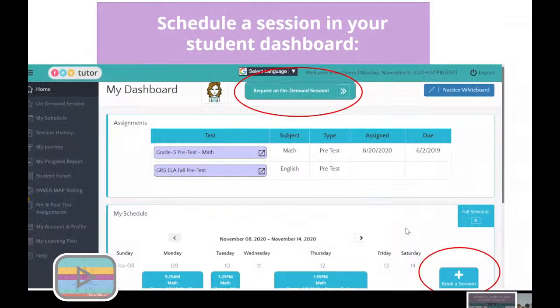And then I mentioned they're also able to go in directly to their dashboard, book a session, or request that on-demand session. So our goal is to be accessible for students and to provide these different ways that students can log on, request a session, get that on-demand support. We want to be a resource, an extra resource and support for these students who are at home and just might need some homework help, coursework support, bridge some learning, some skill gaps. We want to be here to, again, really support them and help them grow in any of their subjects and